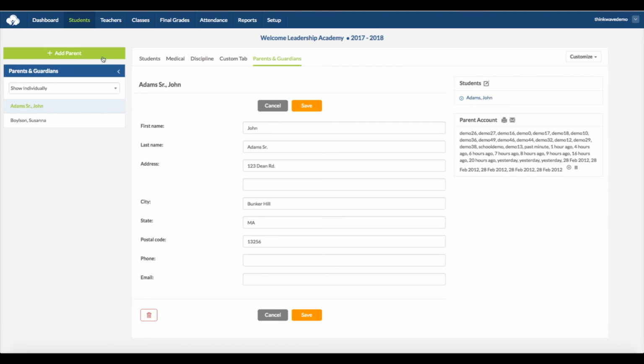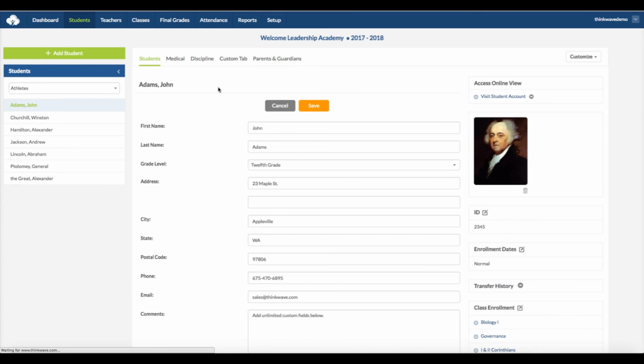And these are some of the features that you have in the student and parent view with the